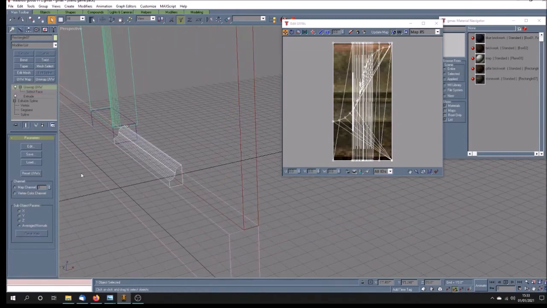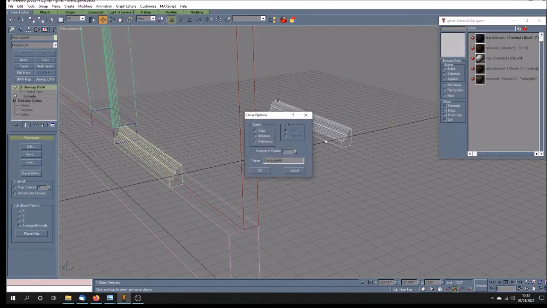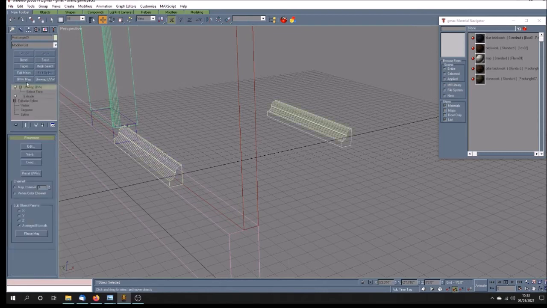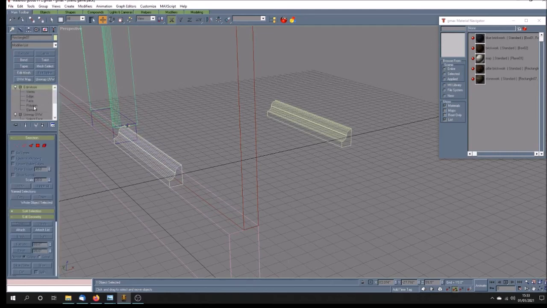Right, well I'm not happy with that, so what I'm going to do is I'm simply going to clone it, so I've got the shape saved. I'm not worrying about the size of these meshes at the moment, and I'm going to delete some polys. Let's see what we can do. I've got to select the right thing, I suppose. That's the one I want to work on, isn't it? Not this one over here, so let's lose that,